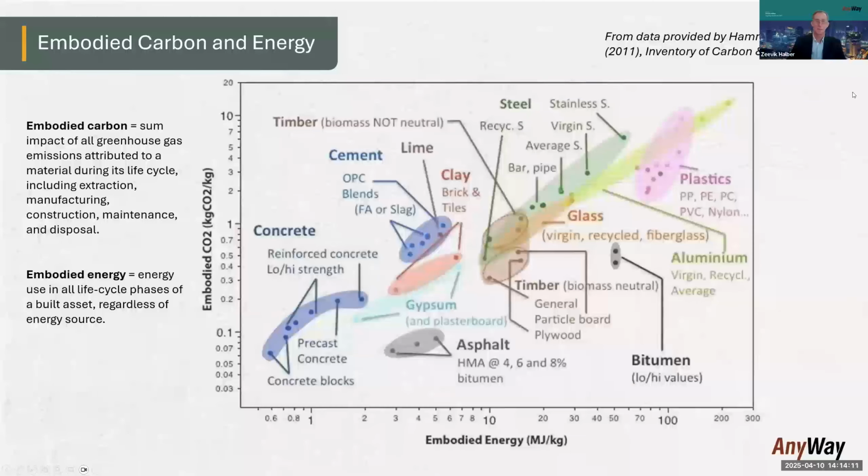This may look like a puzzling diagram, one that presents, on one hand, the embodied energy that relates to production of different materials, and the embodied carbon dioxide emissions in each material. I've looked at it many times. Alex, maybe you can pitch in and give the audience and myself an idea of what we should make out of this?